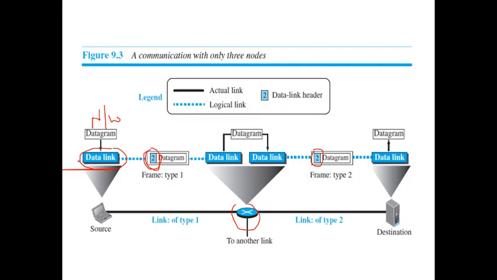So that is why in the end nodes, the sender and receiver, the sender performs only the encapsulation, that is adding of header, and the receiver performs only decapsulation, that is removing of headers. But in the intermediate nodes, since it has to forward the data to the next device after receiving from the previous device, first it has to do decapsulation and here it has to do encapsulation. So the intermediate nodes perform both encapsulation and decapsulation.